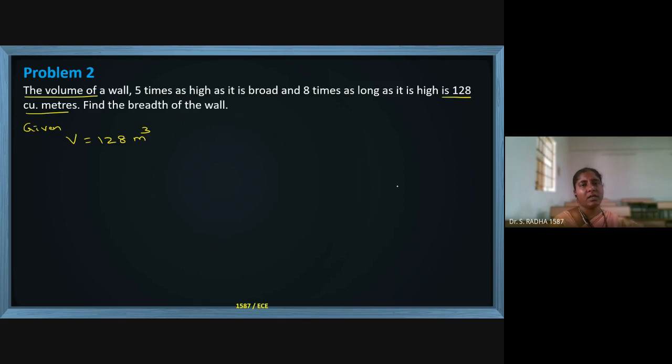Now, a wall means it will have visible height. Then length based on our requirement. Breadth of the wall will be very small. Length of the wall, based on requirement, we will build it. This is the wall. This is the height of the wall, the length, and the breadth is very, very small. Still, it is a cuboid.